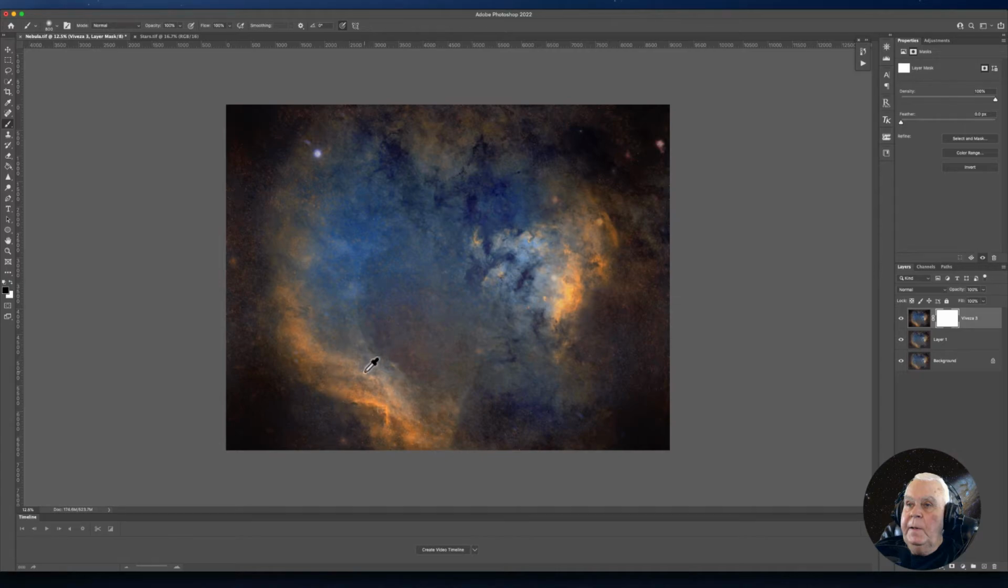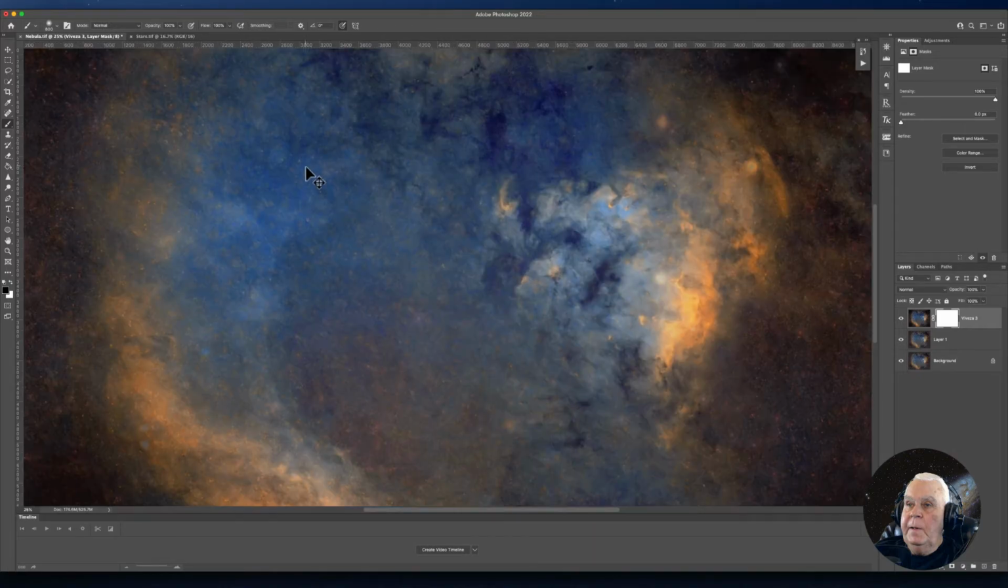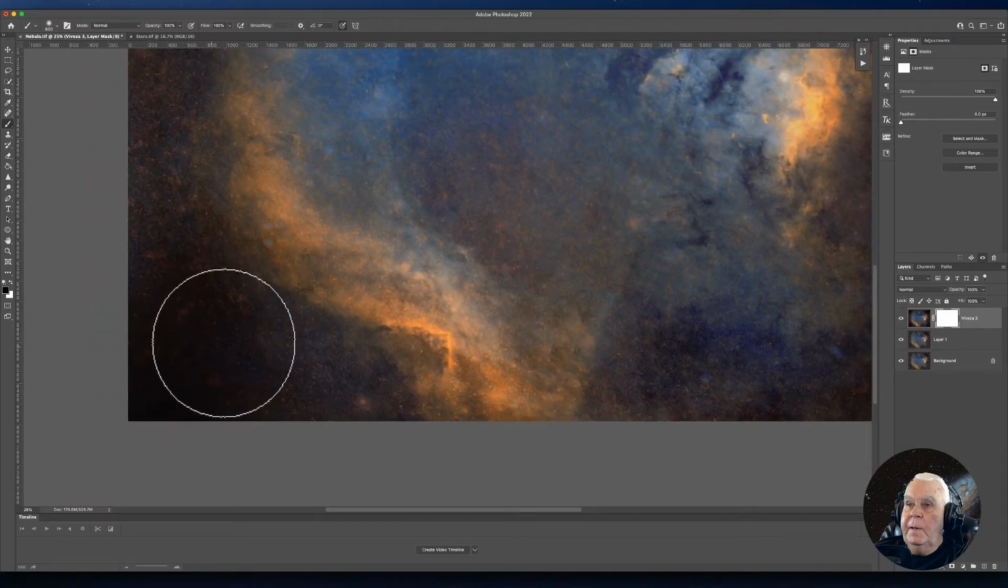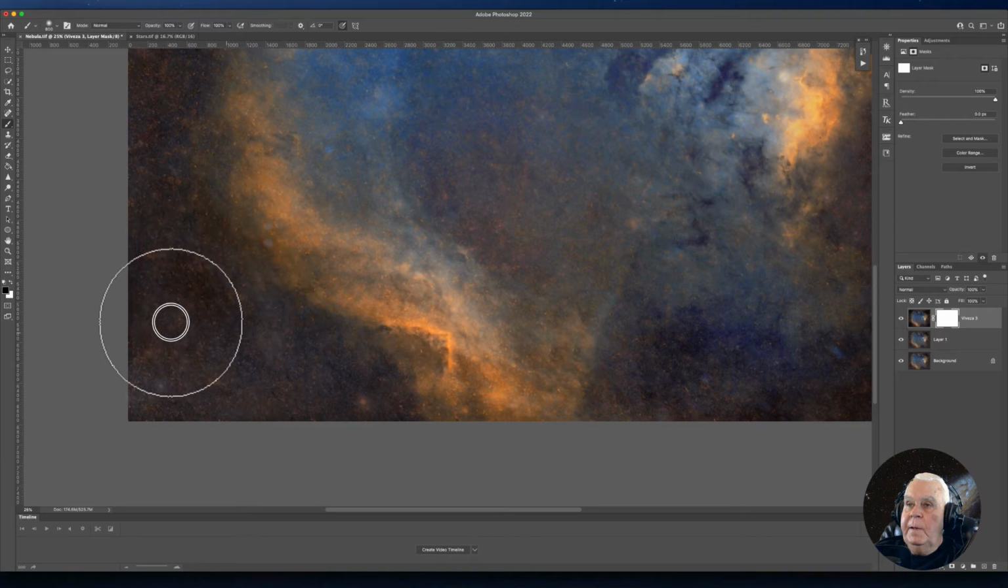Command plus, and I'm going to, well, I was trying to, hang on a minute, let me get rid of this. There we go. Command Control plus to bring this up, and I couldn't do both. And let's say that I want to bring back some of the color here, so I'm going to paint that back in,